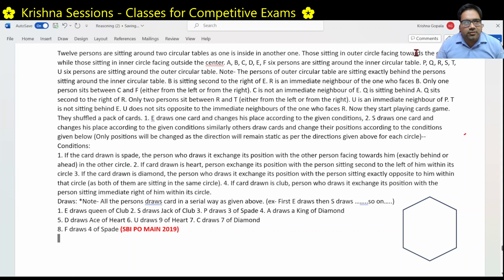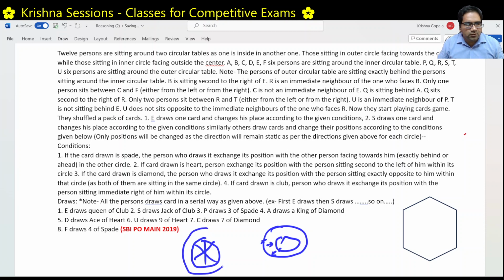Those sitting in the outer circle face towards the center, while those sitting in the inside circle face outside. There are six people sitting on each circle. How is the structure? The structure is something like this. Two circles. Whatever people sitting here will face inside, people sitting here will face outside. So for example, there are six seats, right? One, two, three, four, five, six. People will be here,